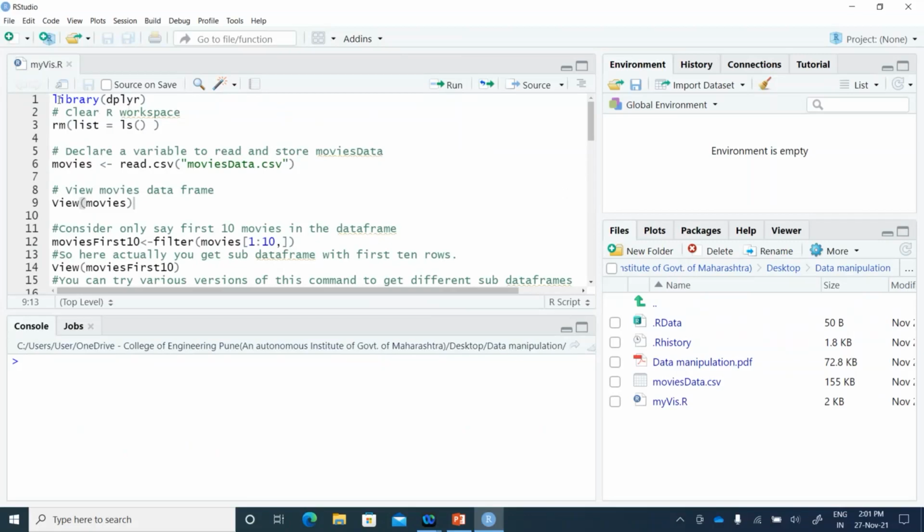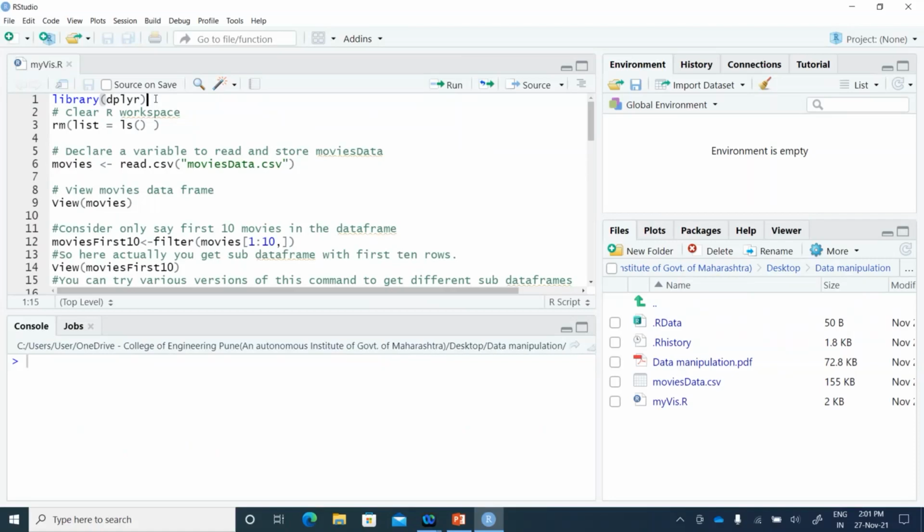So the first thing we will do is, I've opened this myviz.r over here. And the very first thing which I will be doing is checking the library for dplyr. So I need to load the library so that I would be able to use the functions in the dplyr package, which I have written in my source file.